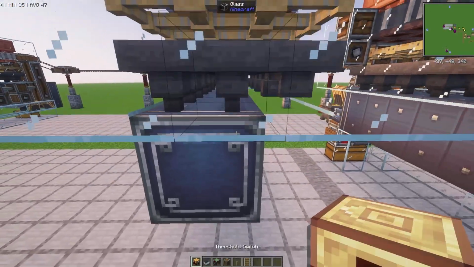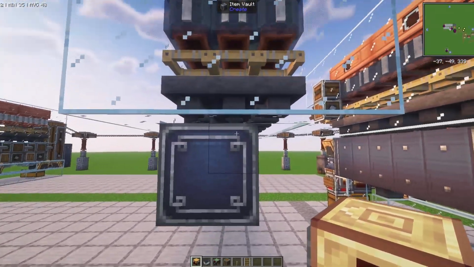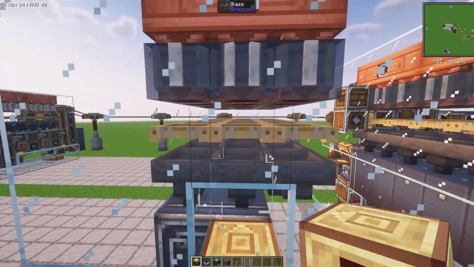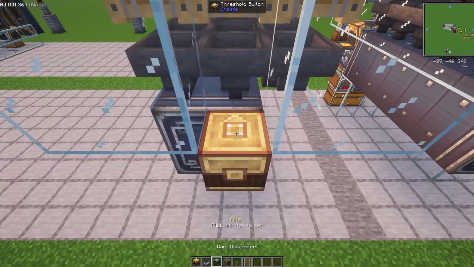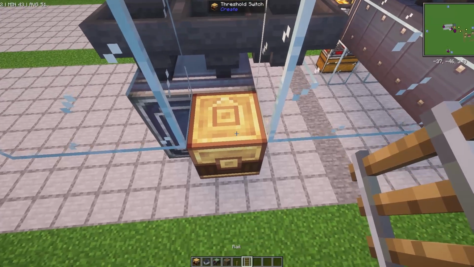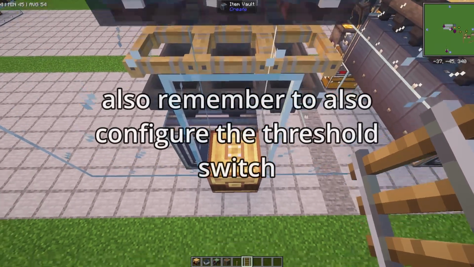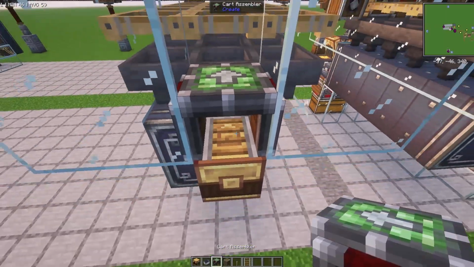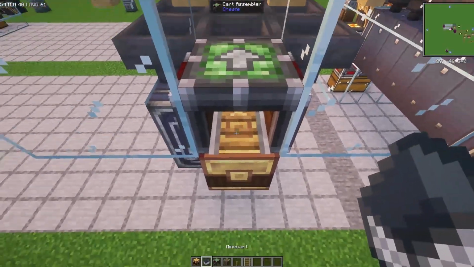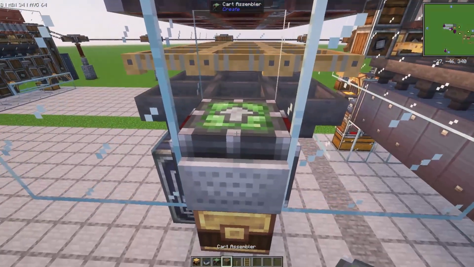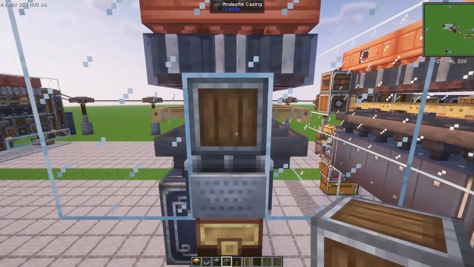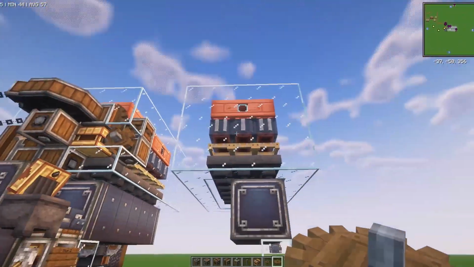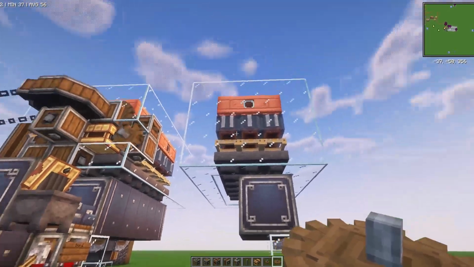And so what we're going to do is put the threshold switch up here on the top right, then mine 2 blocks up. Then we're going to place a rail on top of the threshold switch, so remember to shift and then place, and then we're going to add a cart assembler, and in that cart assembler we're going to place a minecart, and then on top of that cart assembler andesite casing, and then a lever. Alright, on to step 2, part 1